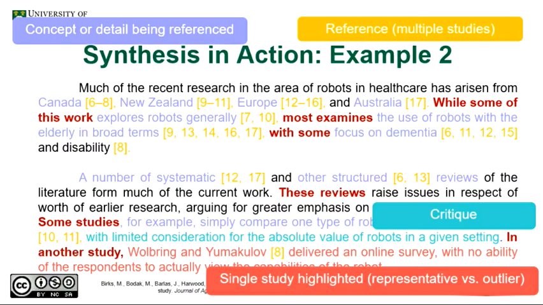Other times, the single studies are going to be used a little bit less commonly, but they could serve one of two functions. It could either be used very effectively to indicate a study is representative of a larger group of studies, for instance, or it might be that it's being identified because it's a bit of an outlier and it's done things that other scholars haven't thought of, or maybe it has surfaced information that's quite new and interesting